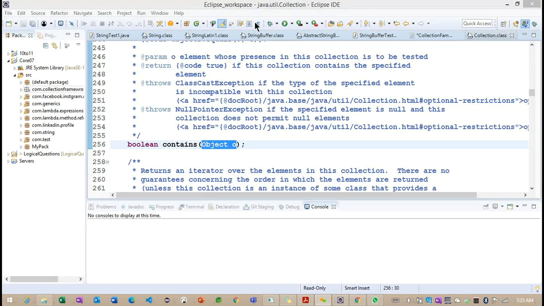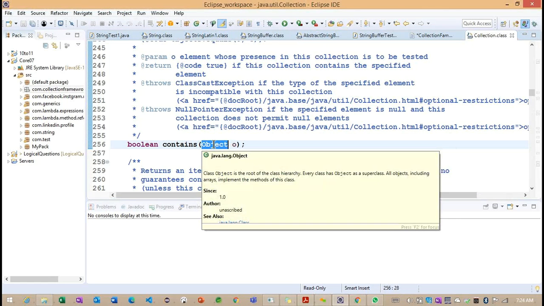Because a collection is a number of objects. Yes. So basically we are searching for a particular object here. Now if I create any custom class, what happens internally? The custom class or the predefined classes are by default extended from the Object class. If I provide an int or the long data type instead of Object, what happens internally? We are making it tightly coupled with this contains method. I cannot change to another data type.